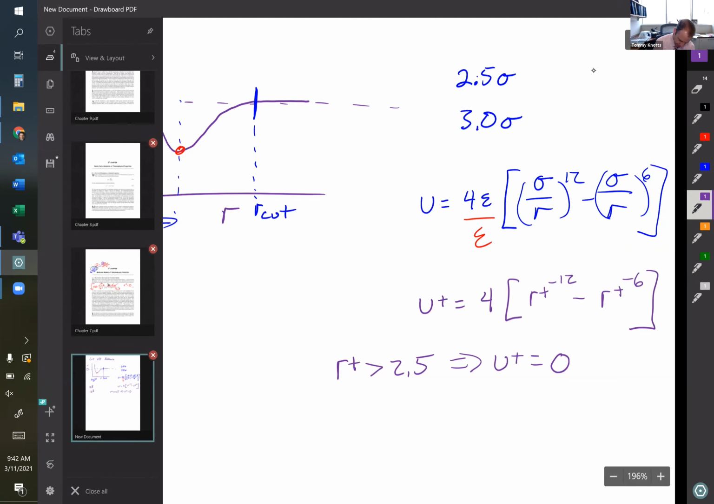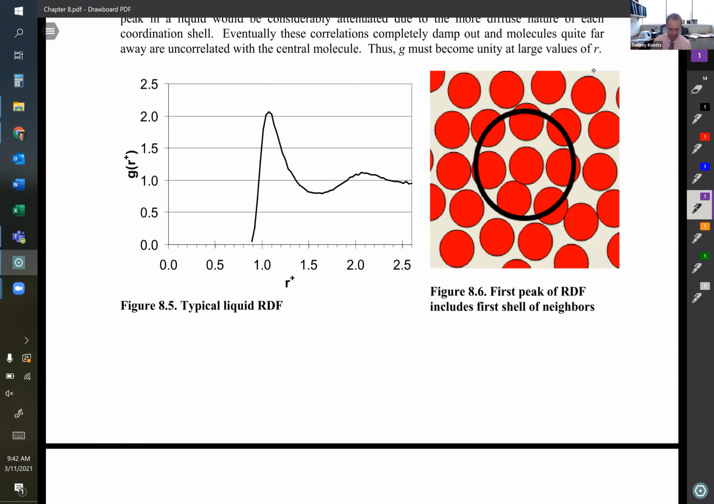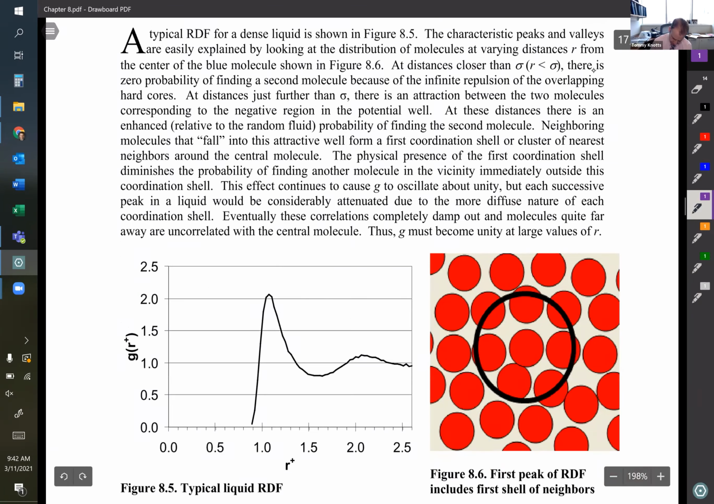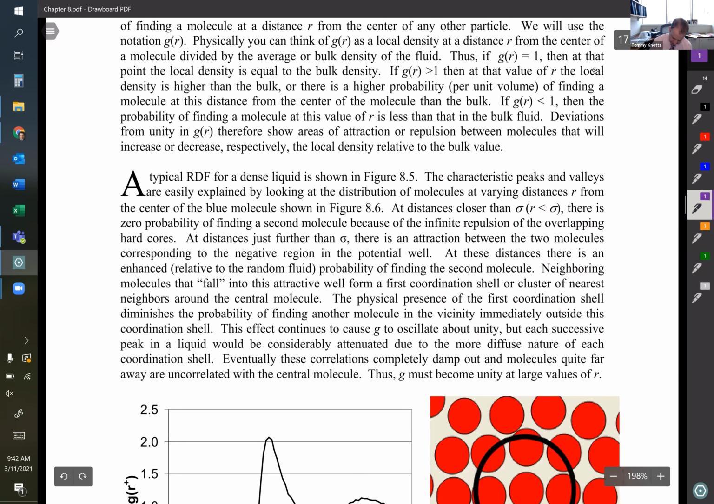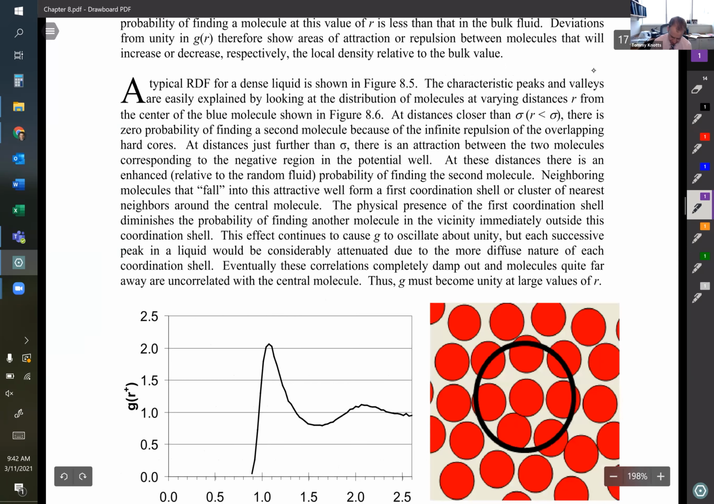I want to go down to chapter 8. There is a concept that we want to talk about. It's called the radial distribution function. I don't know where it's written now, maybe on this page back here. We make the acronym RDF, but it's called the radial